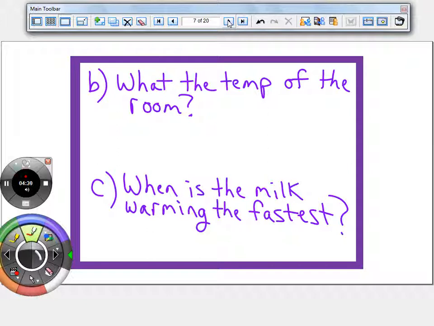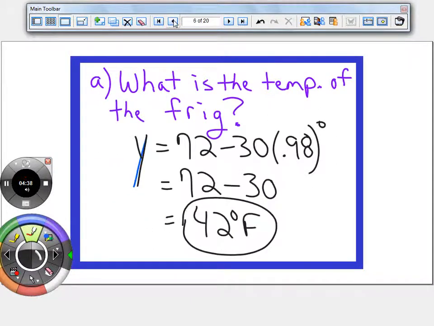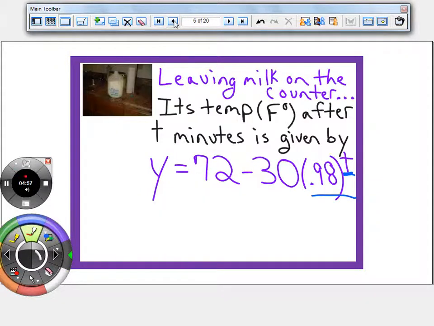Well, we know eventually the milk is going to reach that room temperature. So it really becomes a question of, hey, what's the limit as t approaches infinity? So here's a good application of, what in the world are limits good for? And also horizontal asymptote. Because remember that connection, the limit as x or t approaches infinity is the same as the horizontal asymptote. So if you look at the original problem, and if you were to graph it,